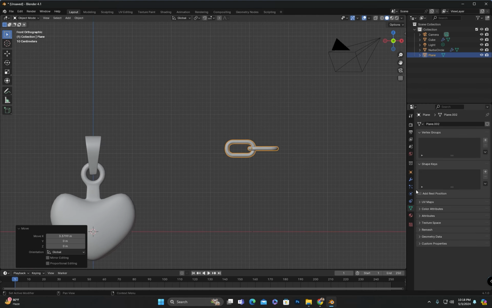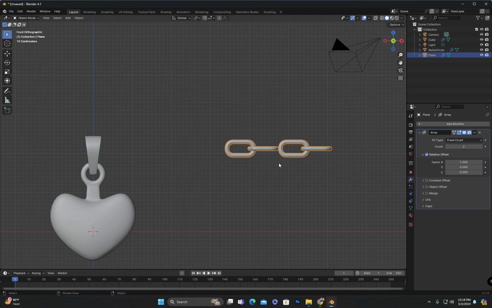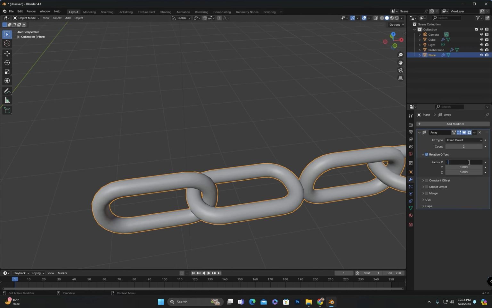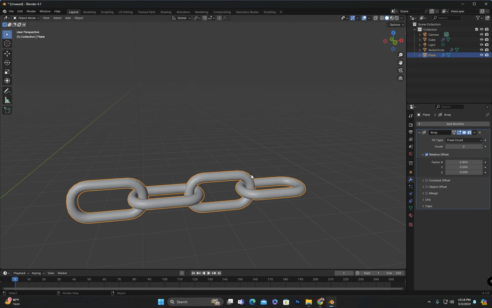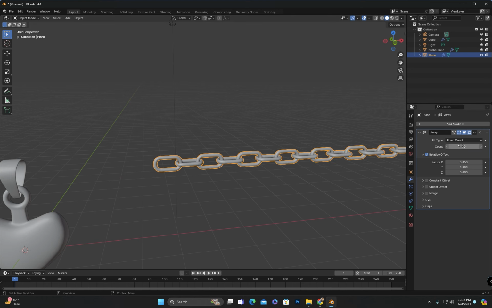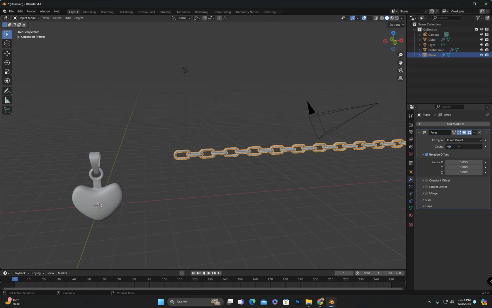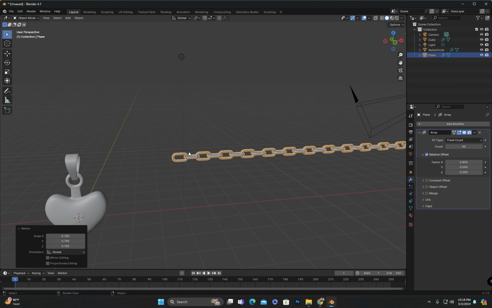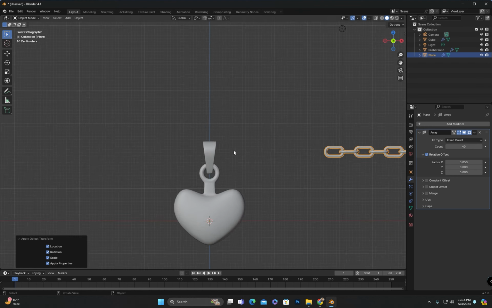Then I will apply an array modifier to create multiple instances. I will apply all transformations.